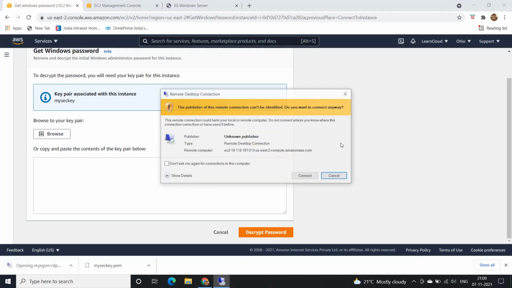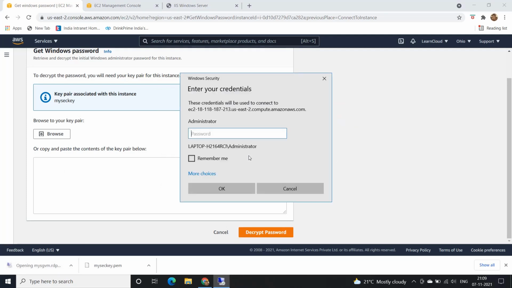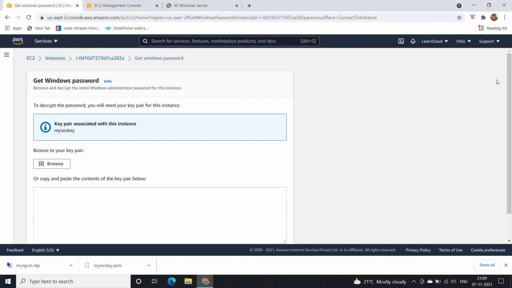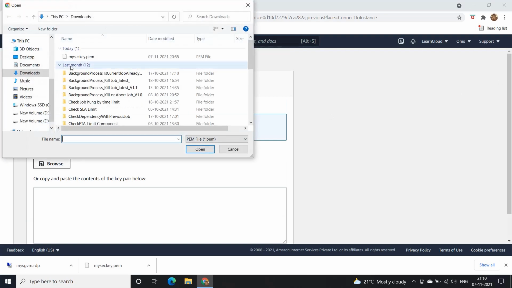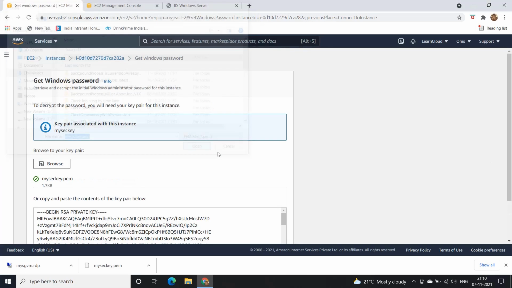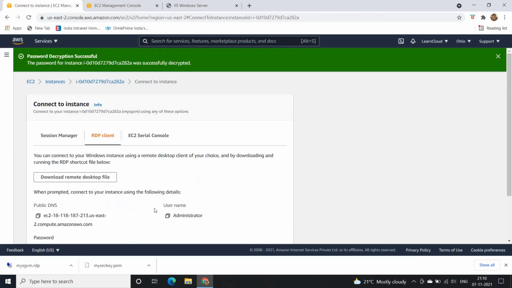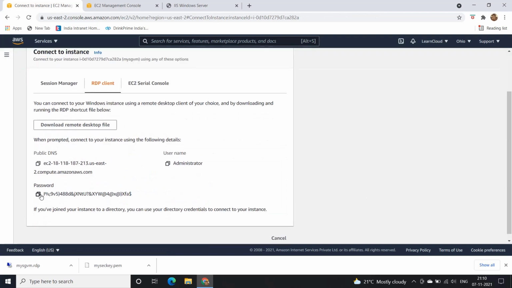I think I have the password already copied, so I'll be directly, no, I don't have, so I need to get that. Browse, open, decrypt password. I will copy the password and again try to log into the VM.